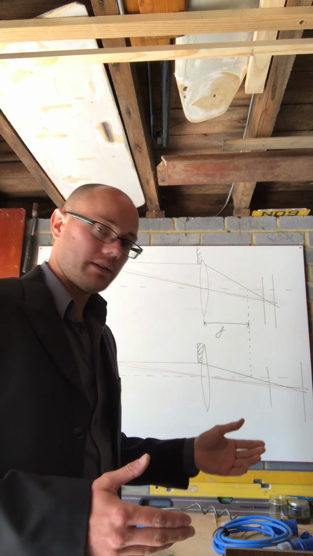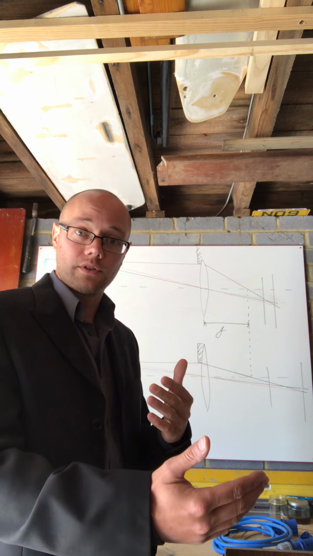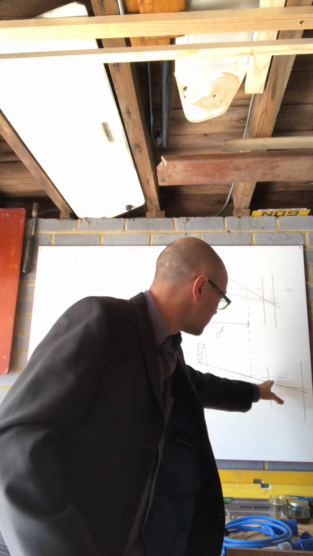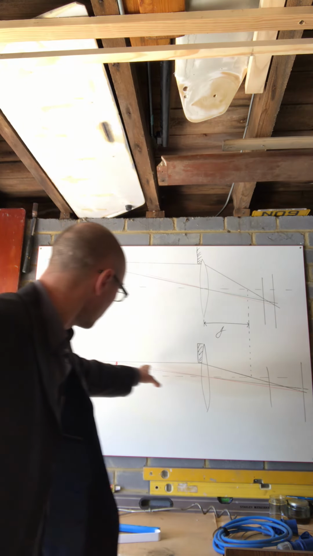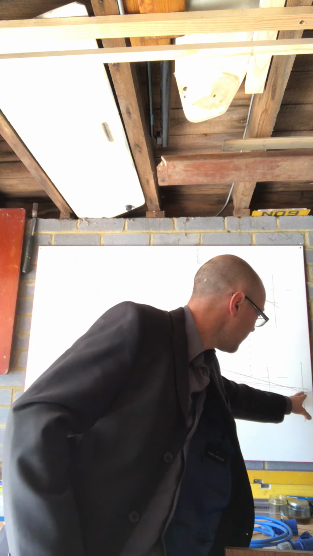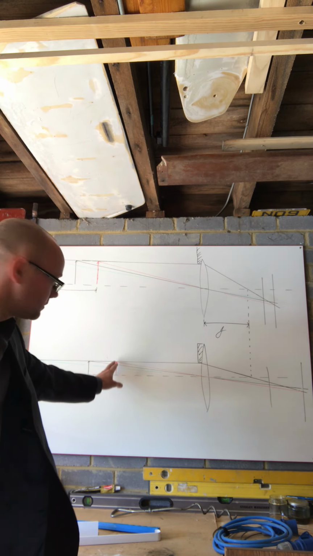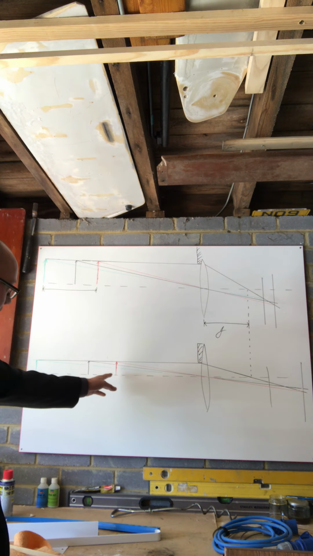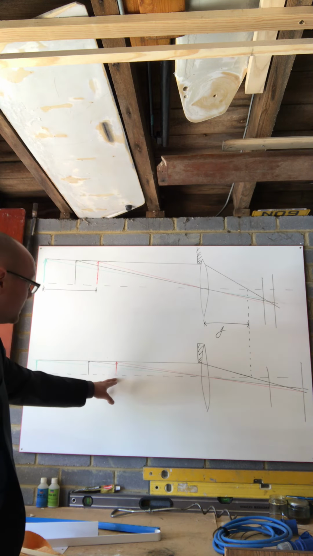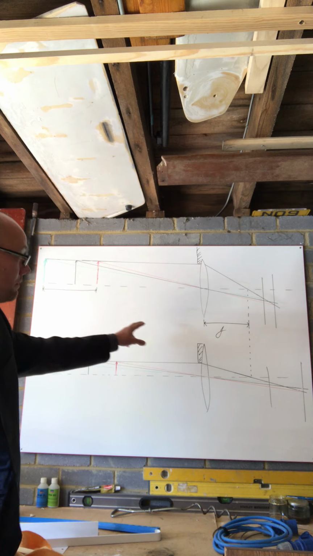So then let's work out how far images, where objects can be to be in that range of focus. Take our first limit, and it will correspond to an object all the way out here. Our other limit will correspond to an object about here. As we can see, this depth of field here is greater than this depth of field here, simply because we have